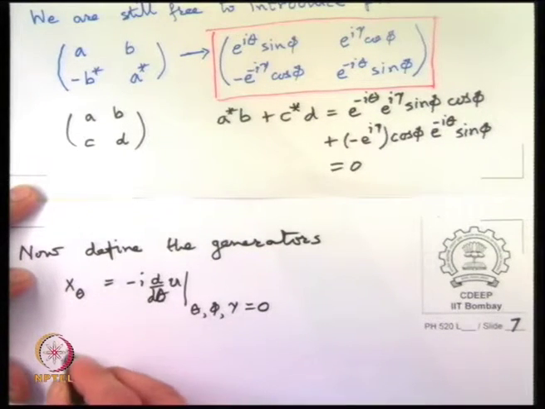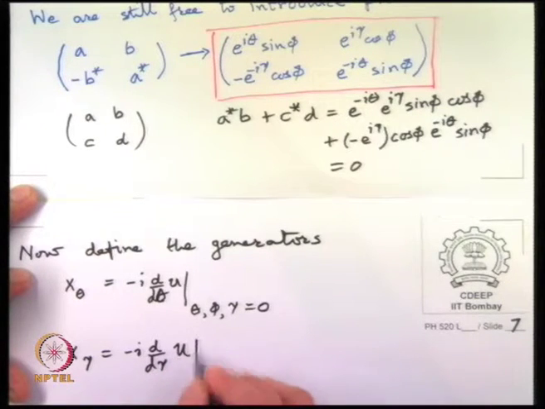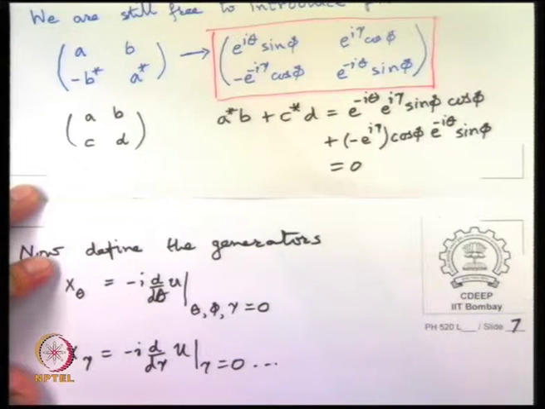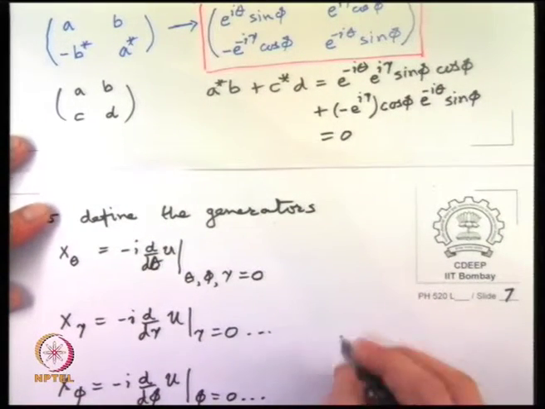Similarly X_gamma equals minus i d by d gamma of U at gamma equal to 0, etc., and X_phi. In fact we can do it with the other angles being 0 at a time. So if you look at the e raised to i theta matrix,